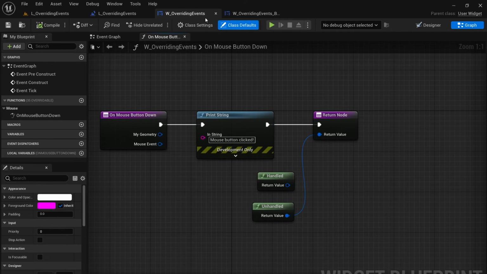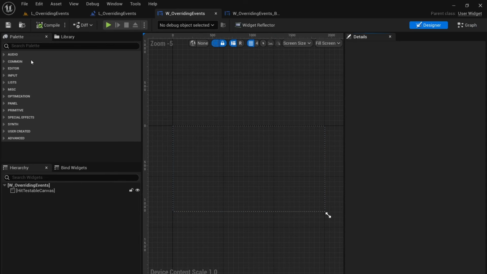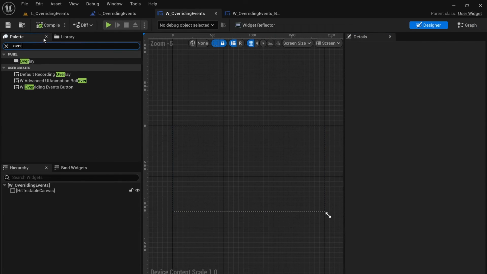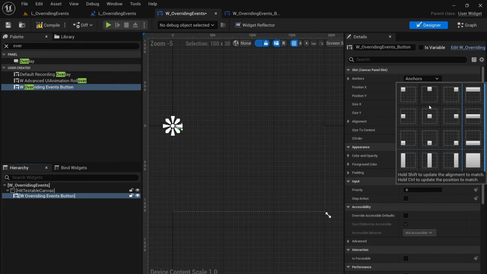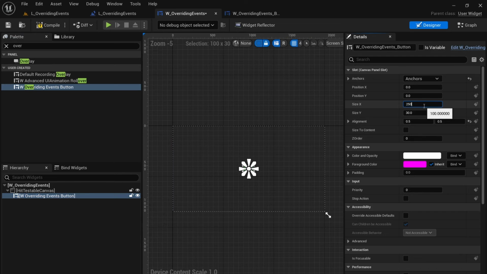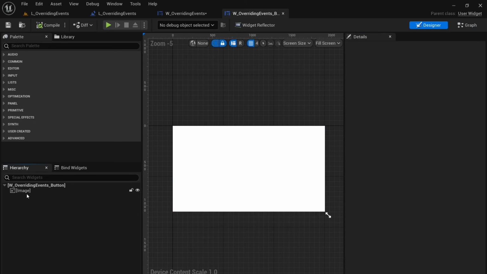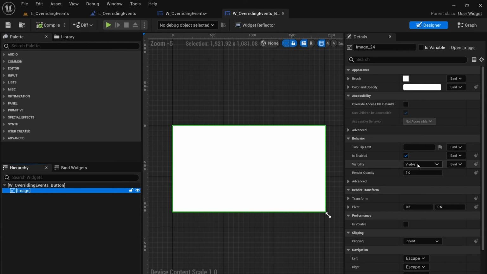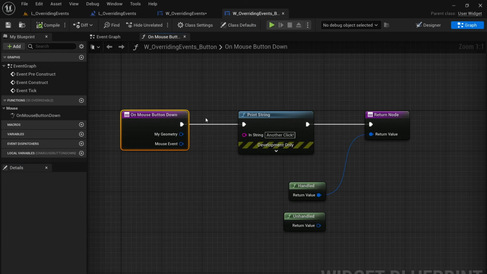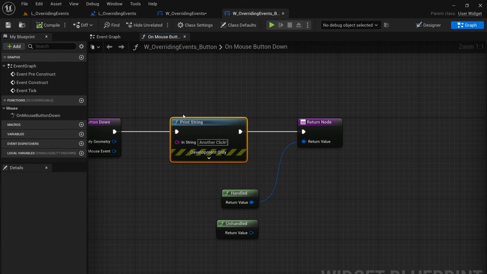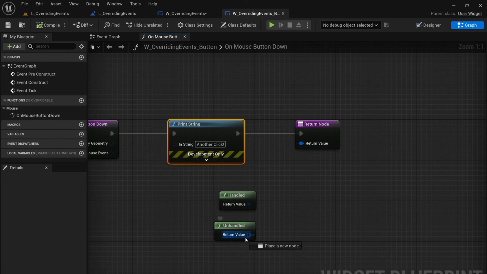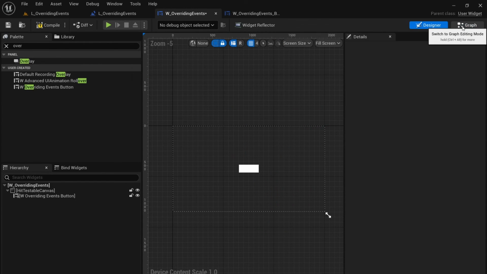So here we have our overriding events widget, and I'm going to add this overriding events button to the canvas. I'm going to center it and change its size to a little bit bigger here. The designer just has a single image here that's also visible, and we're overriding this onMouseButtonDown to print a string just as before. Only this string says another click. Okay, now I'm going to change this one to unhandled